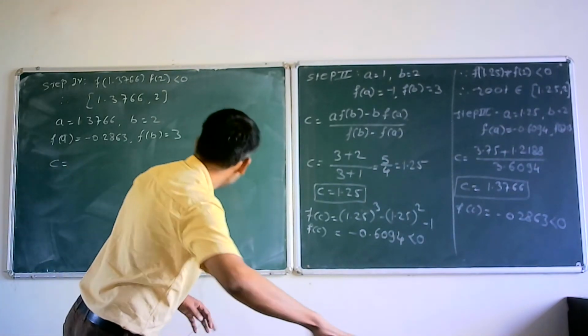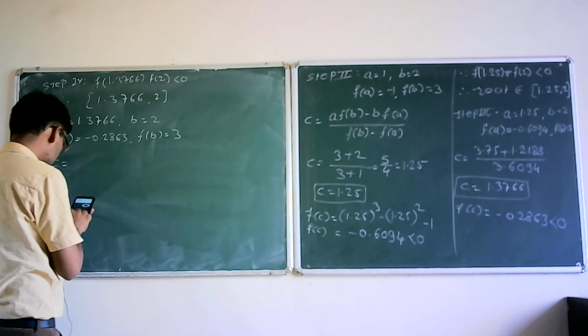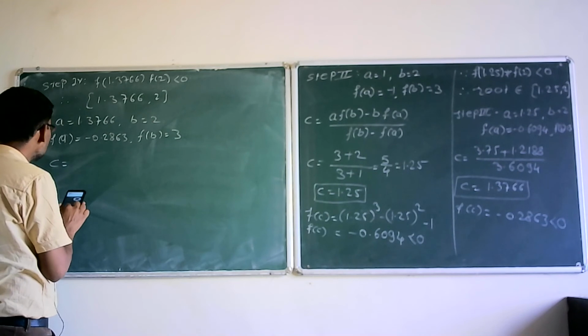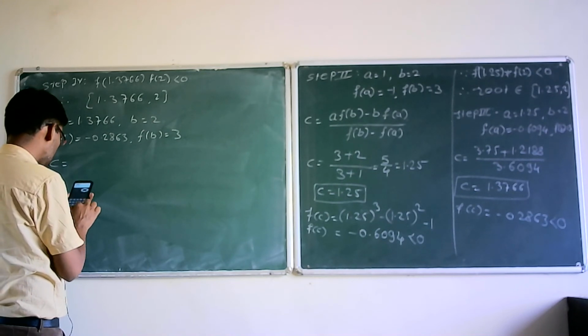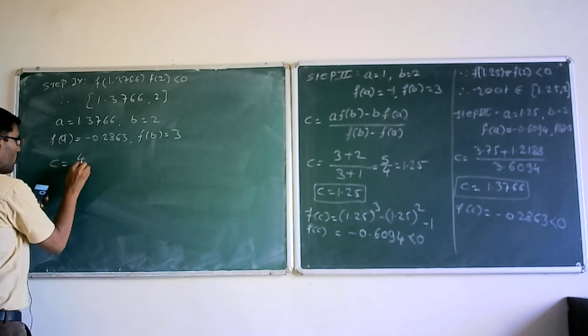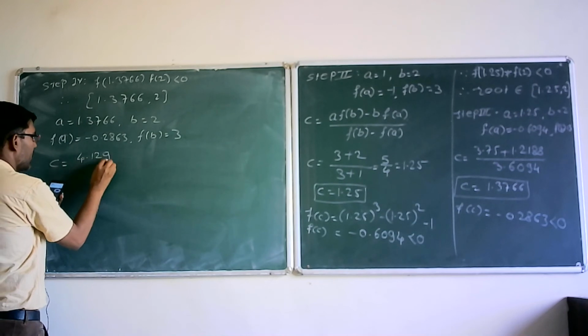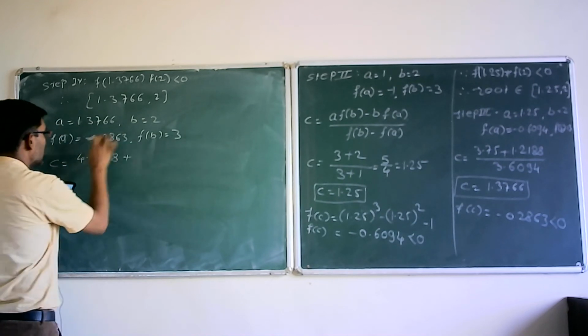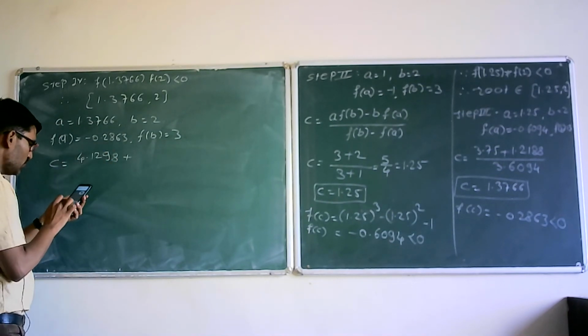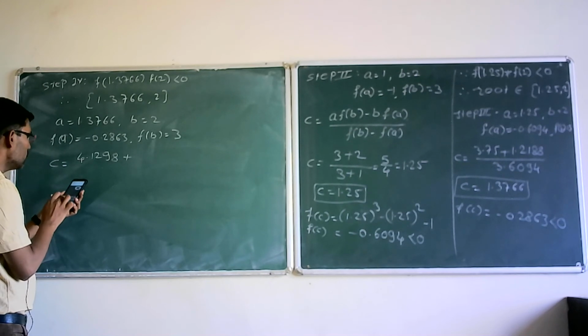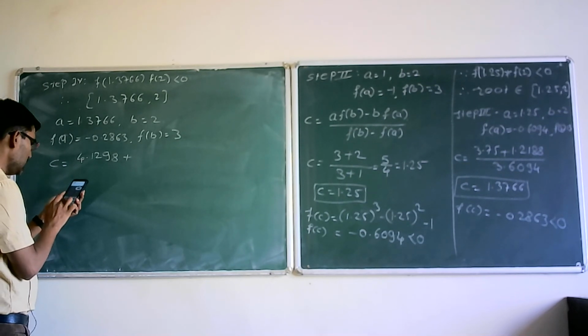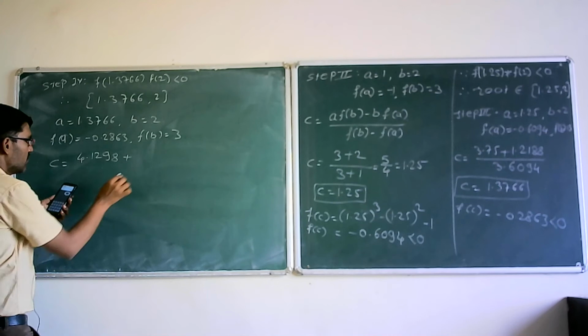So 1.3766 into 3, it is 4.1298, plus, minus times minus, plus 2 into 0.2863, okay,